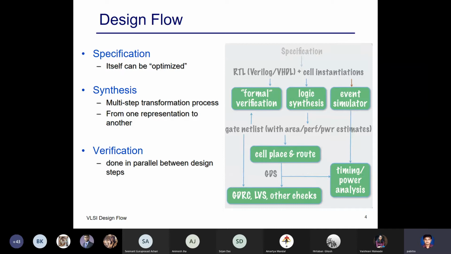Simulate it means you are not actually building the circuit, but you have a specification. You are simulating the specification, and you are checking whether it's giving the correct result or not. All the software we see that actually runs and gives results, in this context we call a simulation. The software tool simulates the hardware.